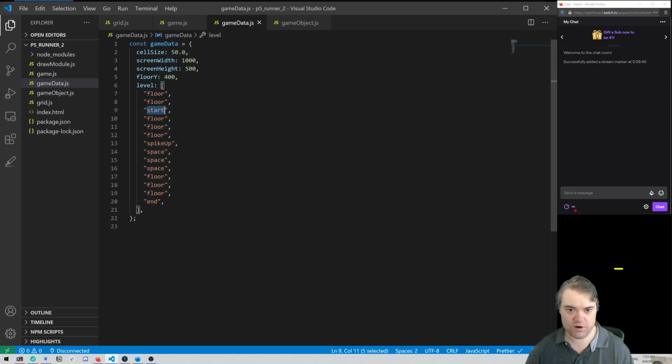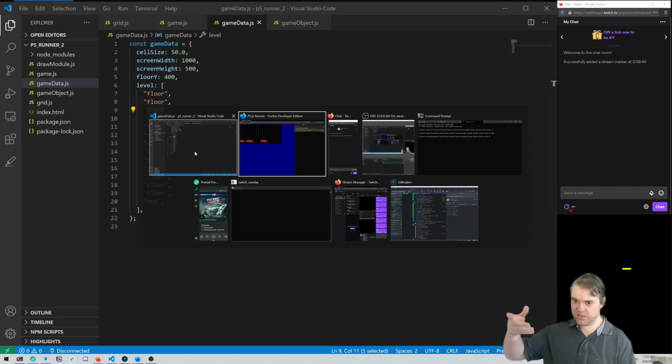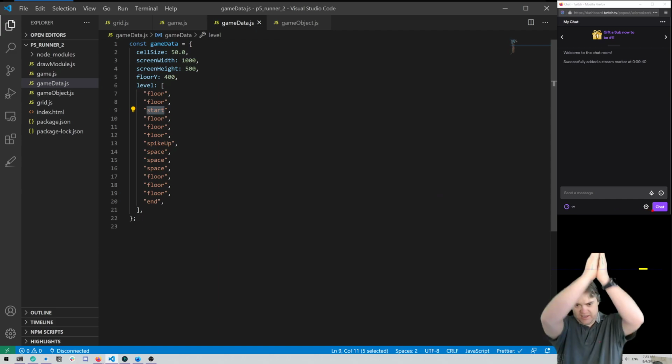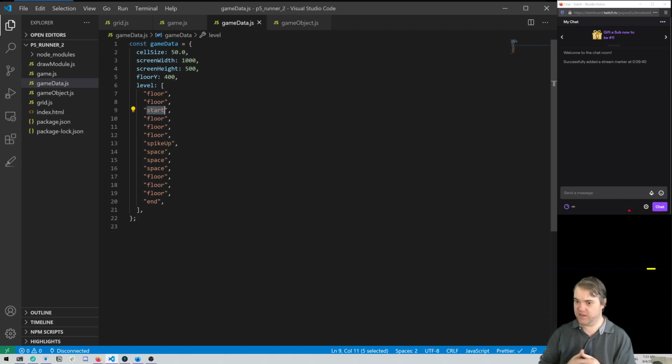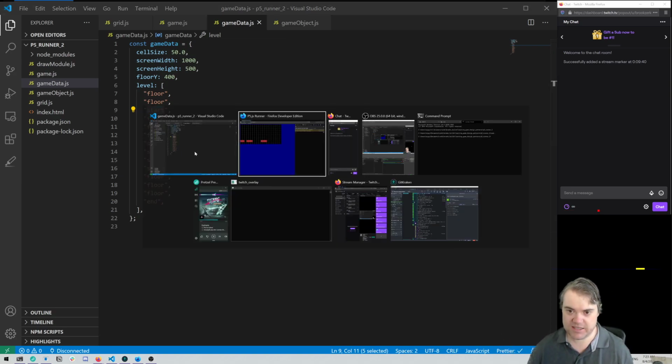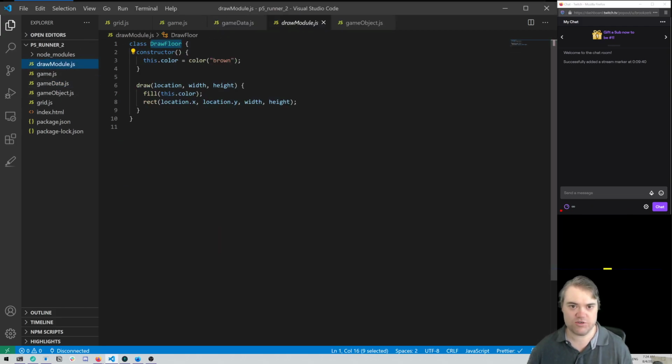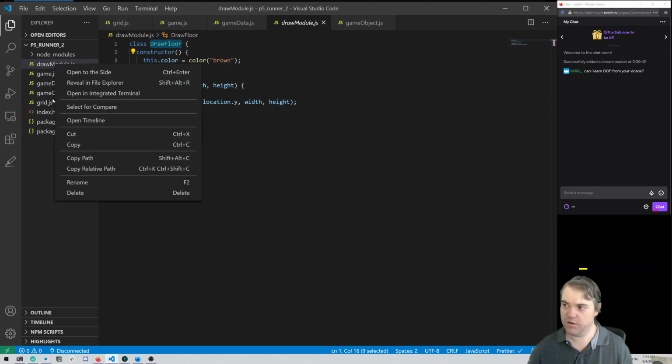So we have floor. Let's do start next. So we want something that looks like a starting thing. I'm thinking for our case, we could just have a vertical line that's maybe yellow to signal, oh, start. And then we can have green for finishing. Or maybe we can have a white line. I don't know. Maybe yellow would be best. So back to here. In this draw module, we have draw floor. We probably